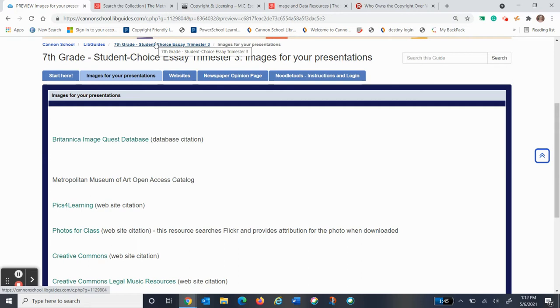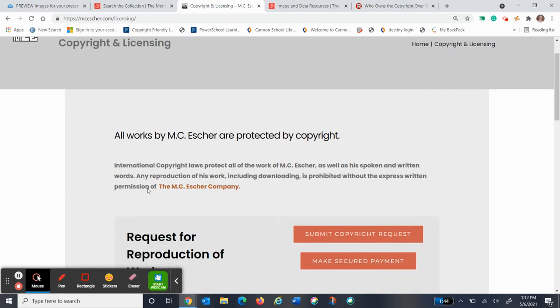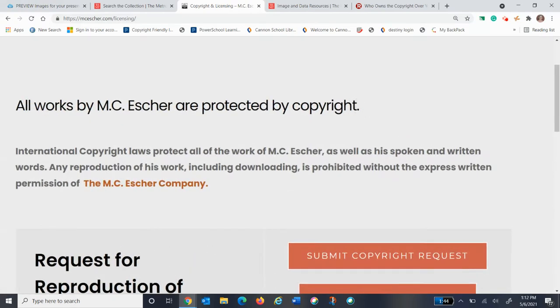First of all, it's someone else's intellectual property. So I want to go to, this is a museum. It's the M.C. Escher Museum. And I want you to read with me what their guidelines are. In this case, the Escher Museum says that everything, all the work of M.C. Escher, as well as his spoken and written words, are copyright protected.